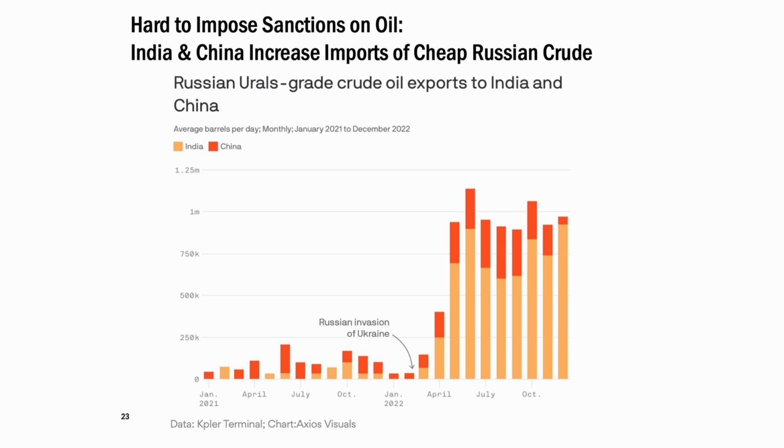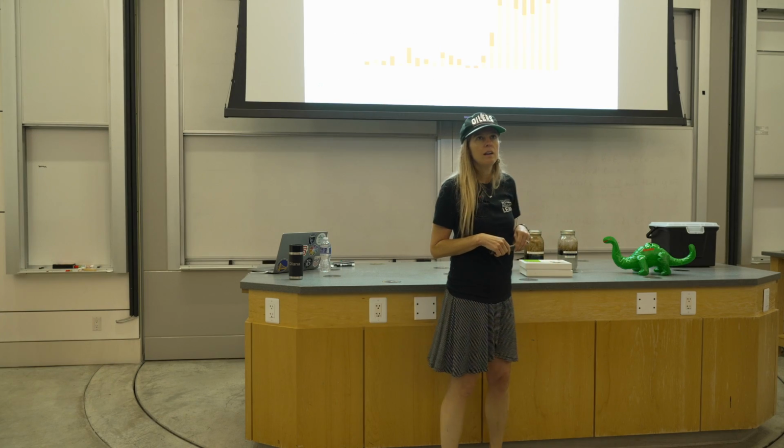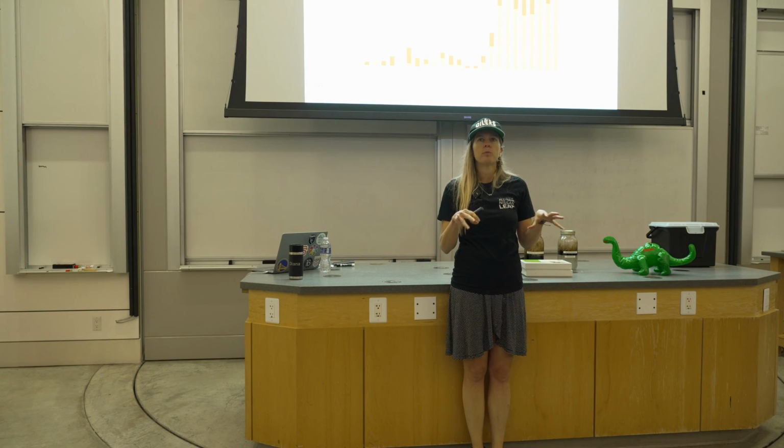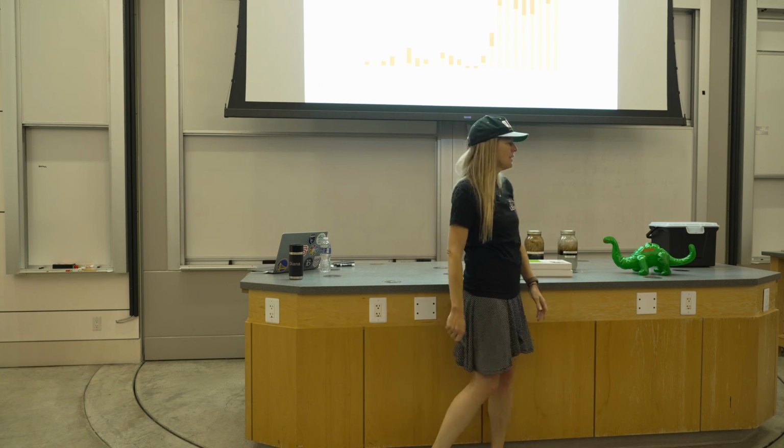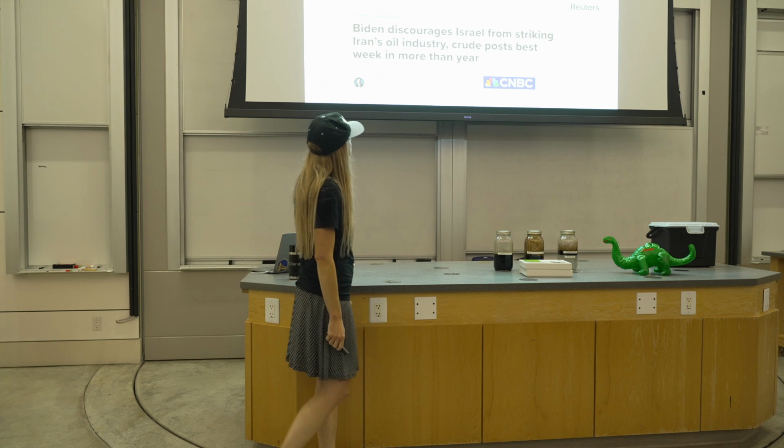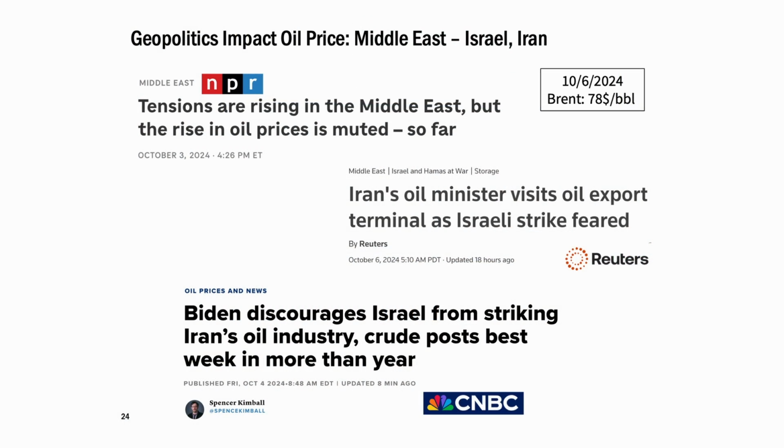This leads to just a distortion in the market where Russia is selling cheaper oil, but there's a growth in Russian oil going to places like India and China that are taking advantage of that cheaper commodity. So it's a very challenging way to try to put pressure on Russia in terms of trying to sanction this global commodity. And then, of course, right now, the unrest in the Middle East definitely makes the oil industry pay attention.